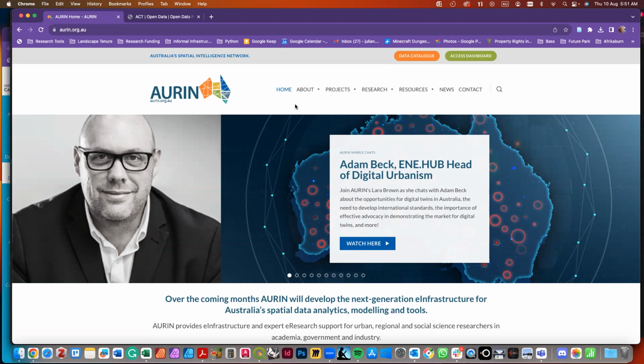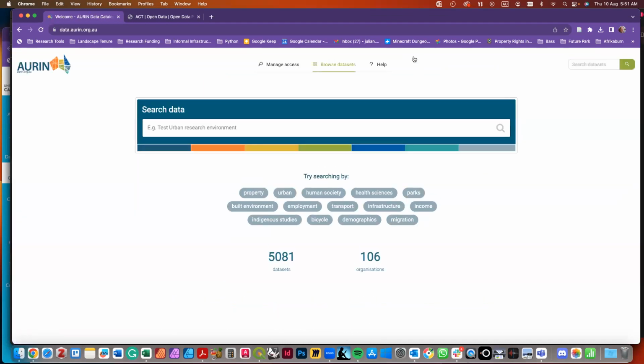Now, if we go to data catalog, the first thing to be aware of is we have to manage access to get into it. As a staff member or academic at a university, if you log in through your university access, you'll generally find something there, and potentially as a student, I'm not entirely sure. By going to my account, you can log in. If I go to data sets here, what I want to find now is building outlines. Now, if I go to building outlines,